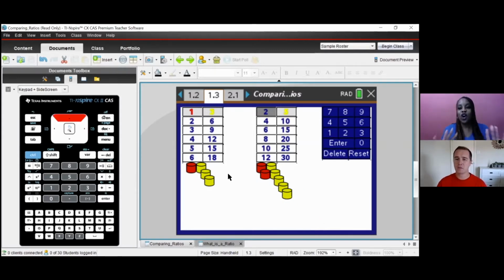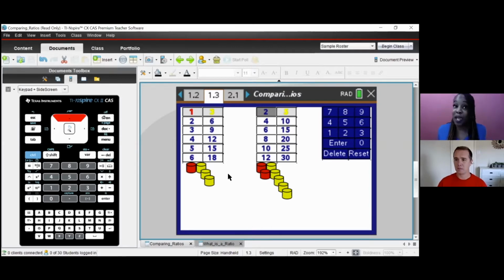Okay, so we don't have any ones there, but we can still figure out the unit rate. So if you look where the 2 is, to get to 1, we just divide it by 2. So if we divide the other side by 2, 5 divided by 2 is like 2.5. So the unit rate for the right-hand side will be for every 1 can of red paint, there are 2.5